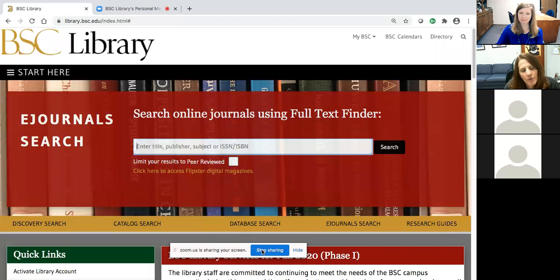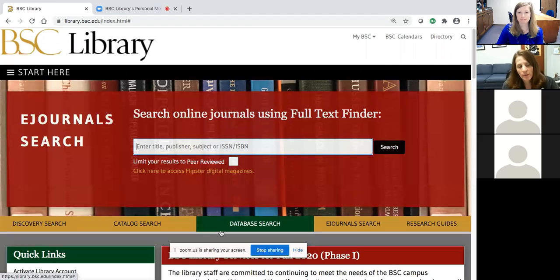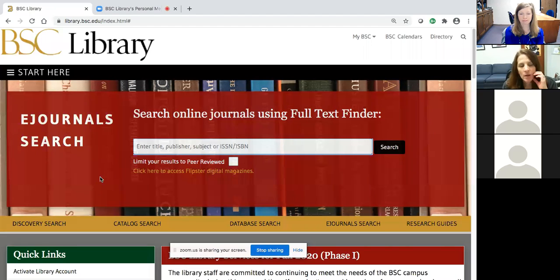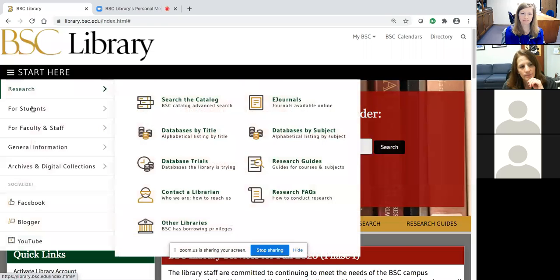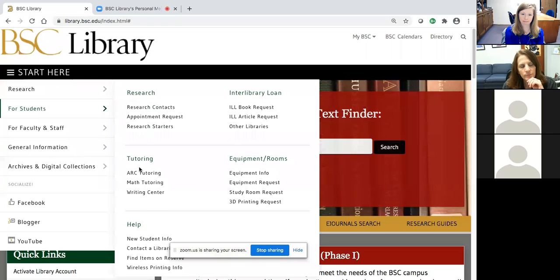Hey, Scott, before you stop sharing, really quickly, because you did tutoring really fast, can you show it one more time so they can see where they go for Writing Center and the Math Lab and ARC, just so that they can make sure? Absolutely, yes. So start here menu for students. So we have the tutoring section. You can see all 3 links are available. So I can click on any of those. But if I just go to ARC tutoring,